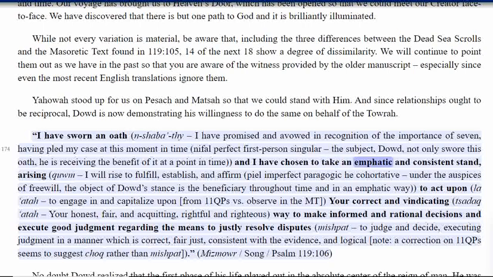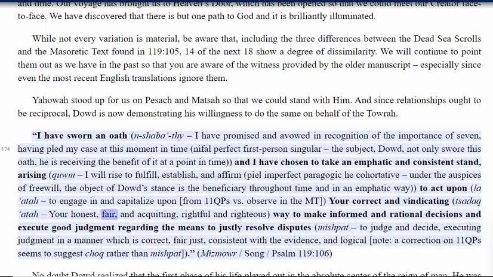and I have chosen to take an emphatic and consistent stand, arising, cum, I will rise to fulfill, establish, and affirm, peel imperfect paragogic cohortative, under the auspices of free will. The object of Dowd's stance is the beneficiary throughout time and in an emphatic way, to act upon, la otter, to engage in and capitalize upon, from 11 qps versus observe in the mount, your correct and vindicating, zardak otter,